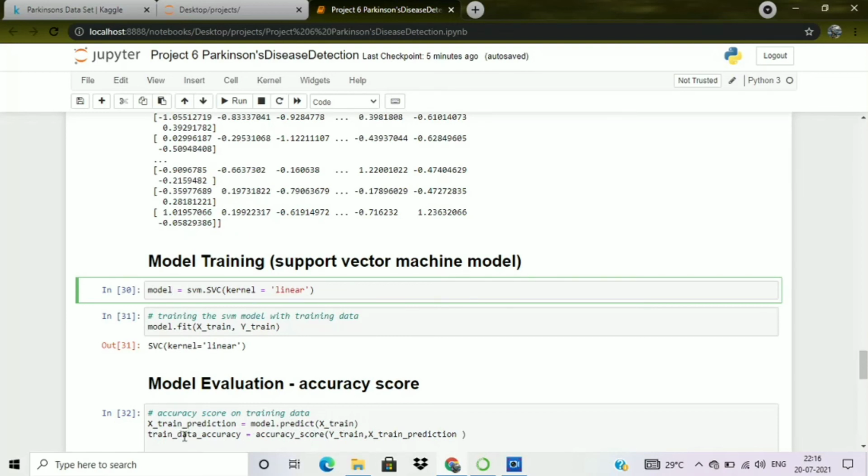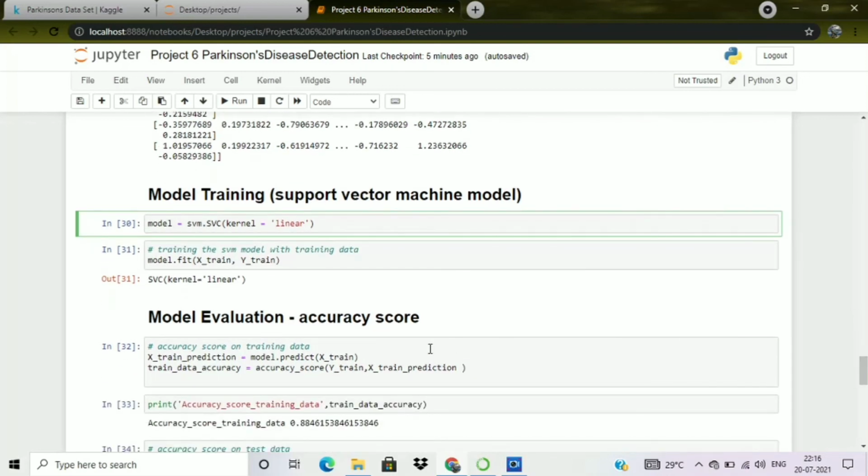After that I have created another variable, training data accuracy, and I am using the accuracy function here to calculate the accuracy score on the training data. We will print our accuracy, and you can see that the accuracy score on the training data is 0.8846. So it's a very good accuracy score.